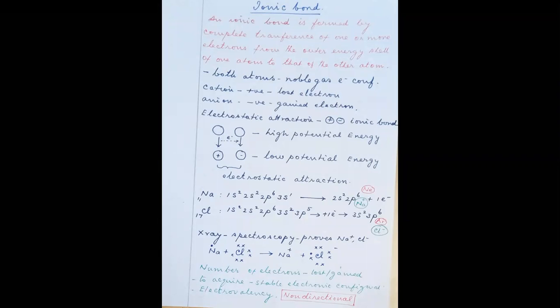So the sodium takes a route which is very simple, to lose the 1 electron. So the 1 electron is lost in the first reaction. So sodium 11 now becomes sodium with 10 electrons, and it becomes Na+ because 1 electron is lost. Now the electronic configuration is 1s2, 2s2, 2p6, which is the electronic configuration of neon. So it attains the stable electronic configuration by losing 1 electron. But this 1 electron gets transferred to the chlorine atom, because the very definition of the ionic bond